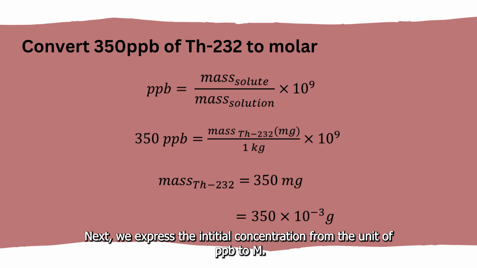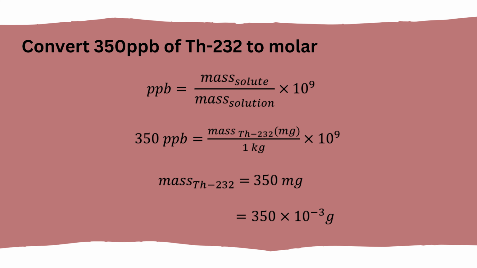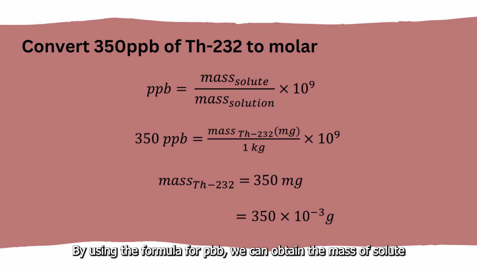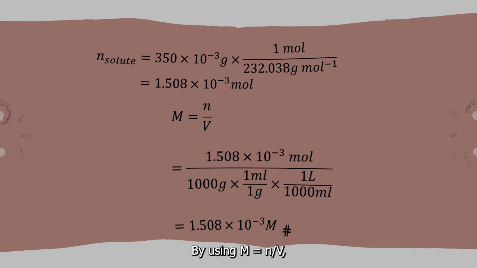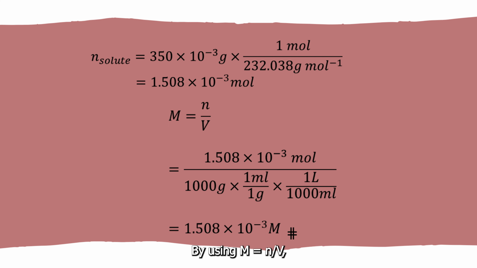Next, we express the initial concentration from the unit of parts per billion, ppb, to molar. We assume that the mass of solution is 1 kg. By using the formula for ppb, we can obtain the mass of solute, which is 350 times 10 to the power of negative 3 gram. By using molar equals number of mole over volume, we will get 1.508 times 10 to the power of